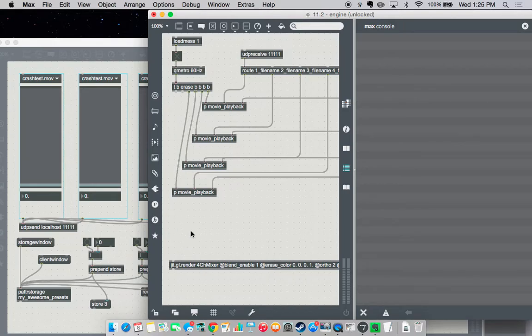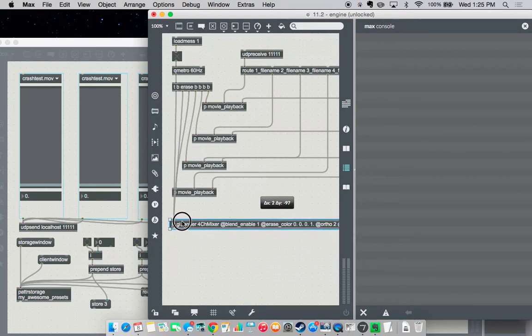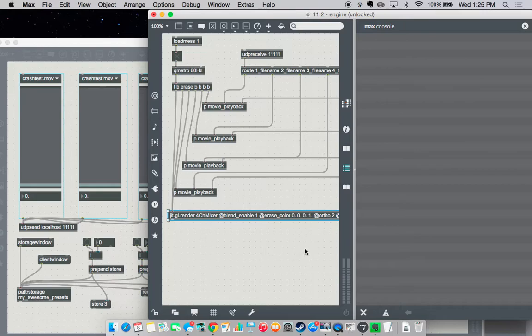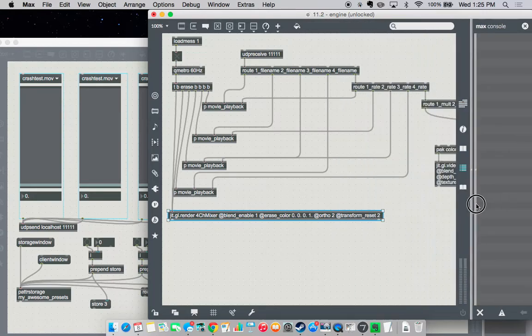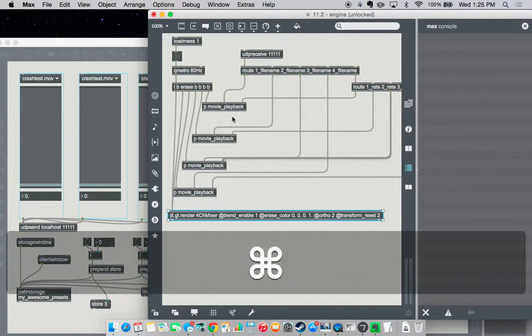Okay, so then we're left with 2 here, and this one's an erase, which is the 5th thing that's coming out of this trigger. And then the 6th thing that's coming out of the trigger is the bang to render. So send both of these into the JIT GL render. And if you turn on your Metro again,